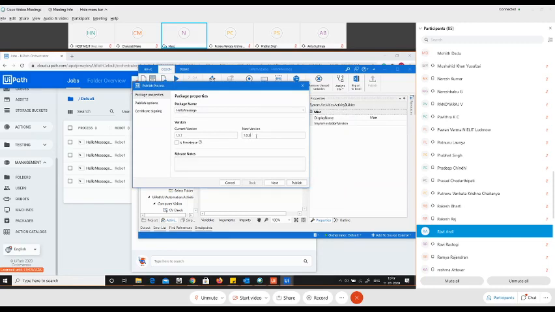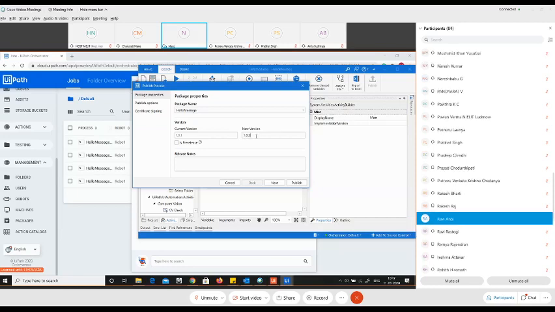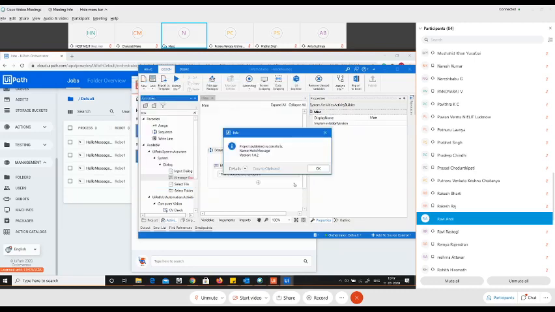You can edit the version. You can put any number that you're interested in, but I like to keep it as 1.0.1, 2, 3, and so on. You can directly click on publish, because the publishing option goes directly to the Orchestrator itself. I'll click on publish. Okay, over here we got a confirmation which says the project has been successfully published. The process name is hello message and the version is 1.0.2.